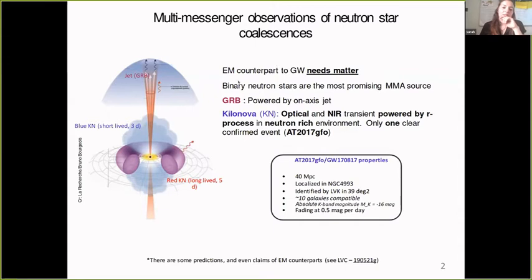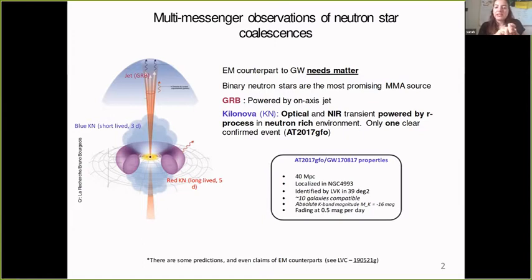So first, the kilonova, of which we can have a witness just at the collision and after, and the GRB, which comes from a more relativistic jet, much more beamed than the kilonova, and it's a completely different phenomenon. So far there has been only one clear